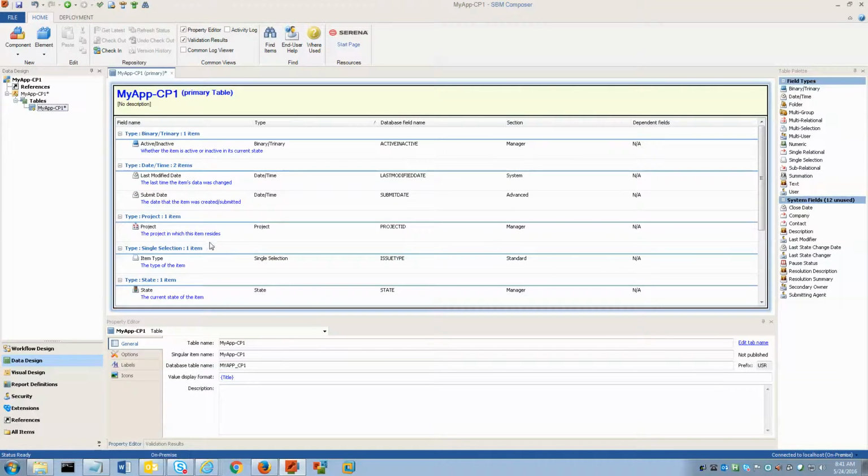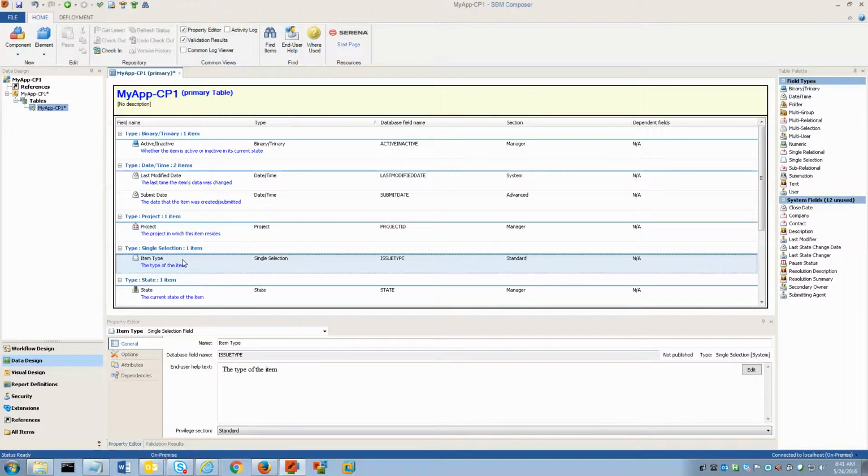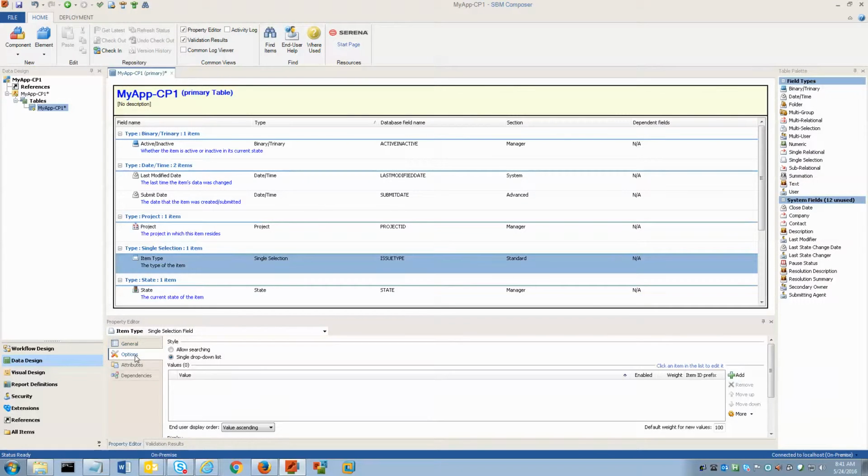We're going to start by clicking on the item type field, which was already a default field provided for us by SBM. We're going to make some edits to this field by first clicking on the Options tab down here in the Property Editor. We're going to add a couple of values to this field as drop-down selections. The first value that we're going